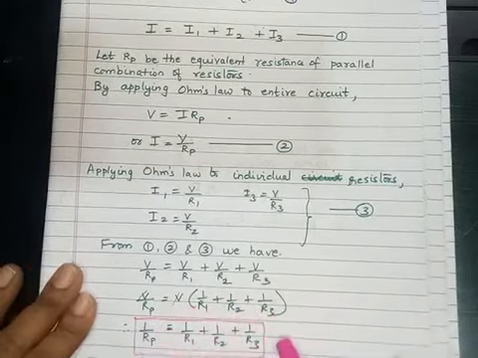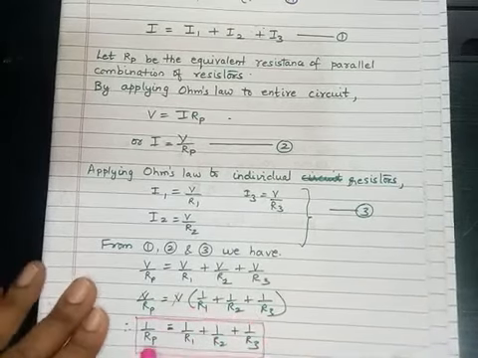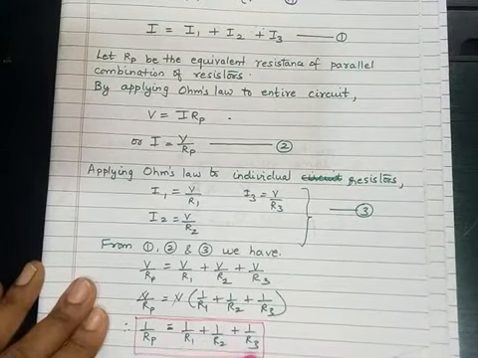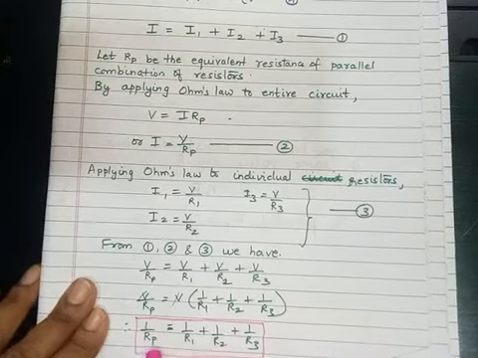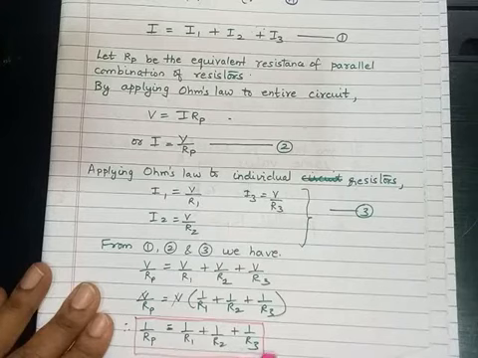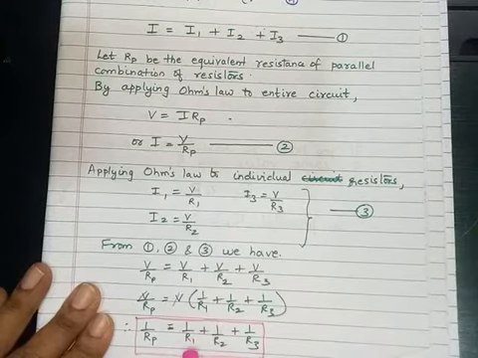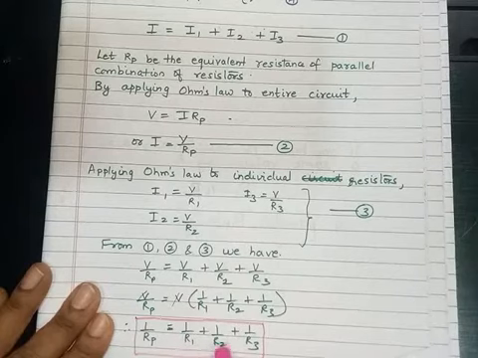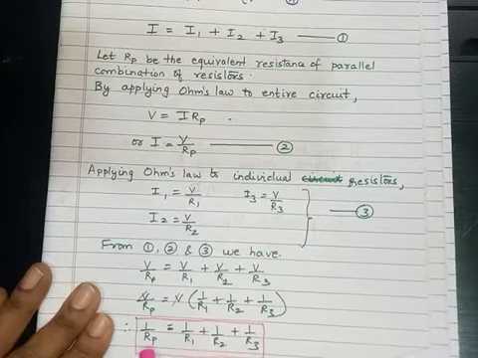So how you can state this: the reciprocal of the equivalent resistance will be equal to the sum of the reciprocals of the individual resistances. 1 by Rp is the reciprocal of the equivalent resistance. 1 by R1 is the reciprocal of R1. So when you add the reciprocals of R1, R2 and R3, what you are going to get is the reciprocal